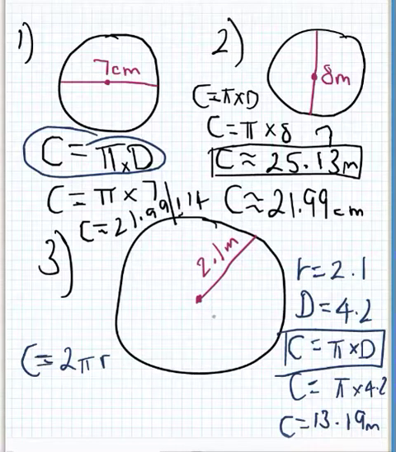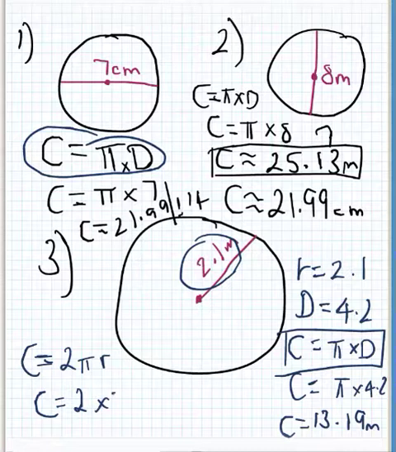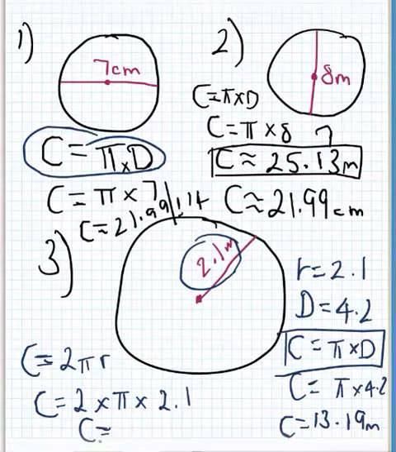So instead of using diameter, I'm going to use this straight away. So circumference is equal to 2 times pi, and the radius is 2.1. And all I have to do now is put it all in my calculator. So 2 times pi times 2.1. And what do I get? The exact same thing. To round it off to 2 decimal places, or I should put approximately, it comes to